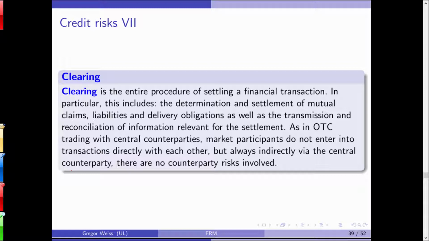Margin Call is, I think, also the name of a movie, or at least a documentary, on the financial crisis. It is usually the time when the margin payments are used up, and market participants are forced to pay additional money into their margin account.